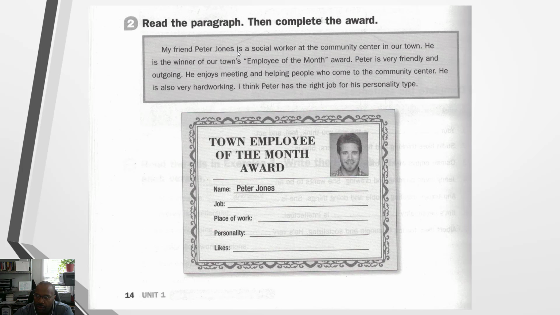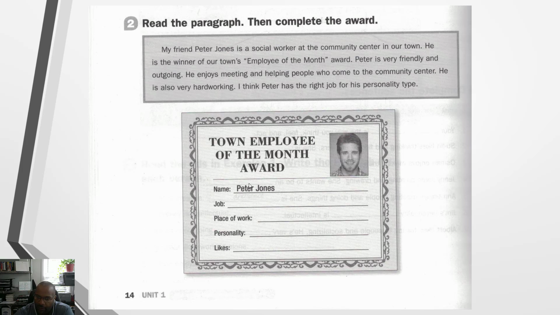My friend Peter Jones is a social worker at the community center in our town. He is the winner of our town's Employee of the Month award. Peter is very friendly and outgoing. He enjoys meeting and helping people who come to the community center. He is also very hardworking. I think Peter has the right job for his personality type. Okay,